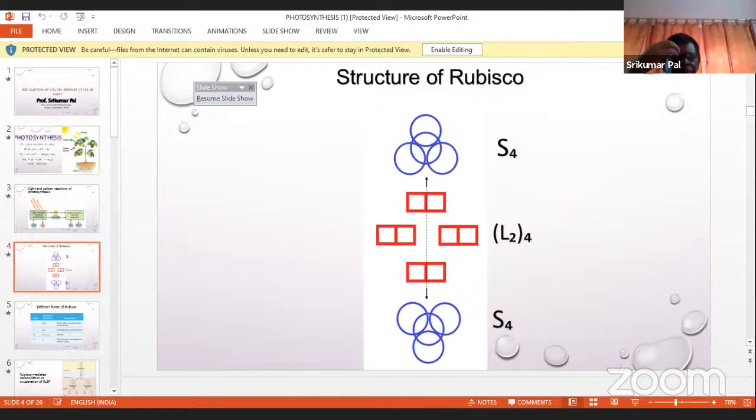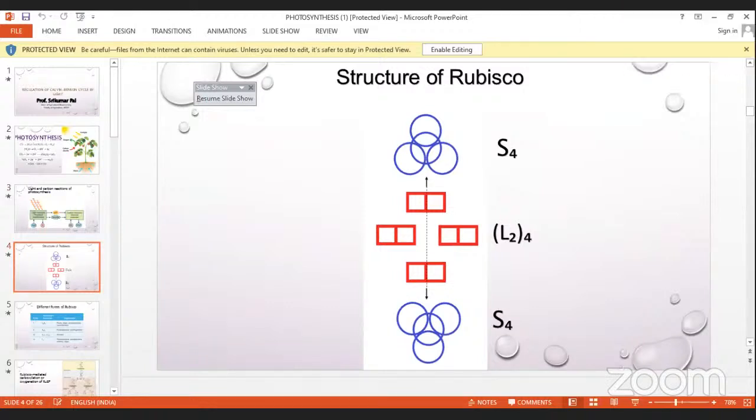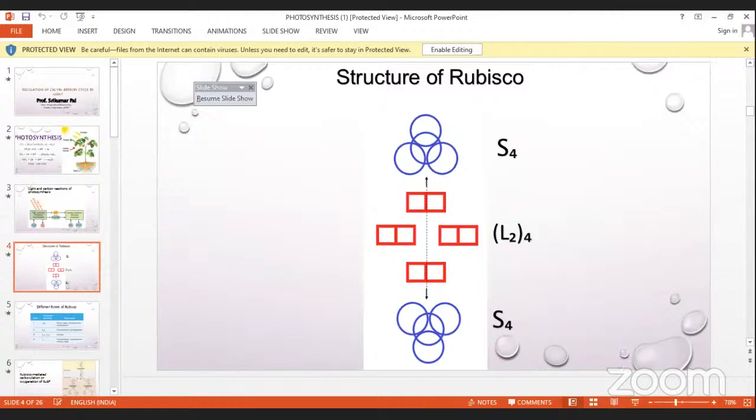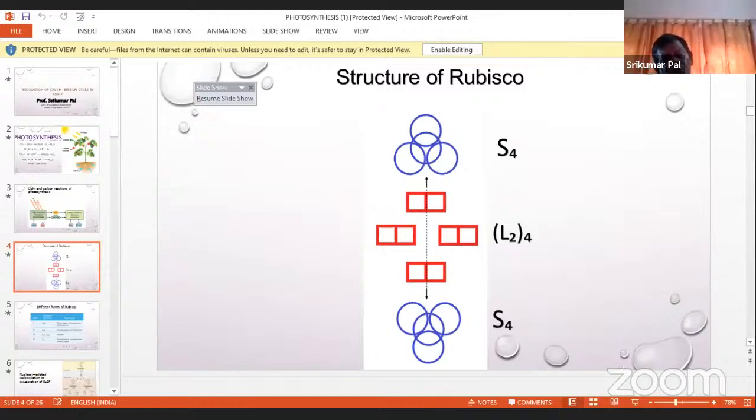So I was discussing the structure of Rubisco. Actually, this Rubisco is the most predominant protein in plant leaves. It catalyzes both the carboxylation and oxygenation of RuBP. And from the comparison of the primary structure